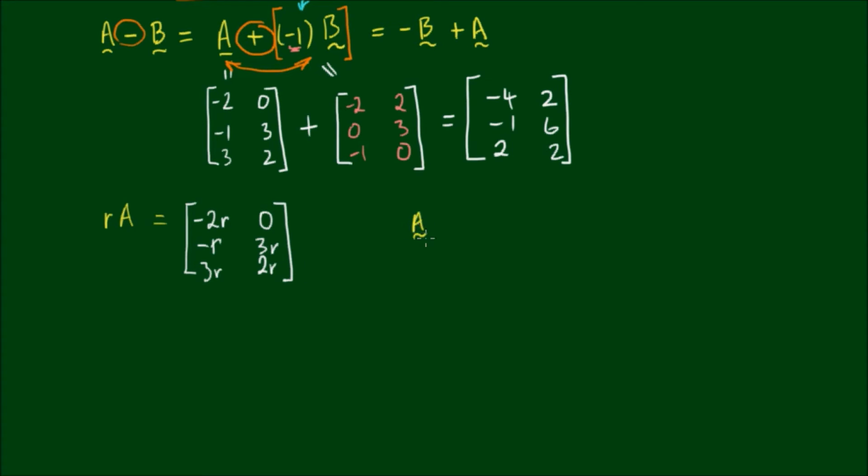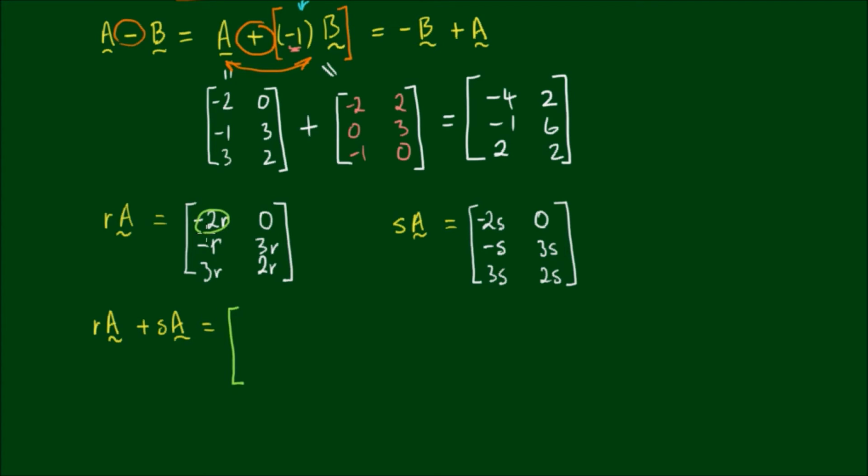With the matrix A again, let's multiply this now by a scalar multiple S. So this will result in the matrix, so negative 2 times S is negative 2S, 0 times S is 0, negative 1 times S is negative S, 3 times S is 3S, 3 times S again is 3S, and 2 times S is 2S. Okay, so now if I was to add the matrices RA plus SA,